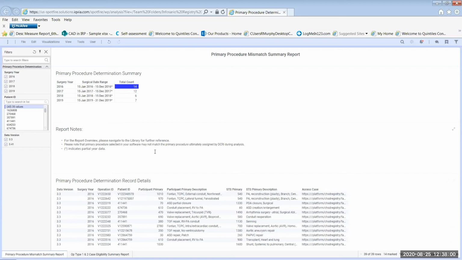There is also a note here, as we saw in the polling question and we discussed earlier, that the primary procedure selected in the software may not match the primary procedure ultimately assigned by DCRI during their analysis. So there is that one caveat to this report to keep in mind as you're reviewing the results.